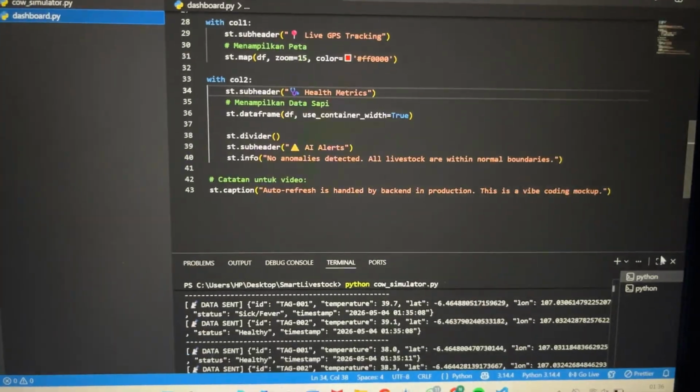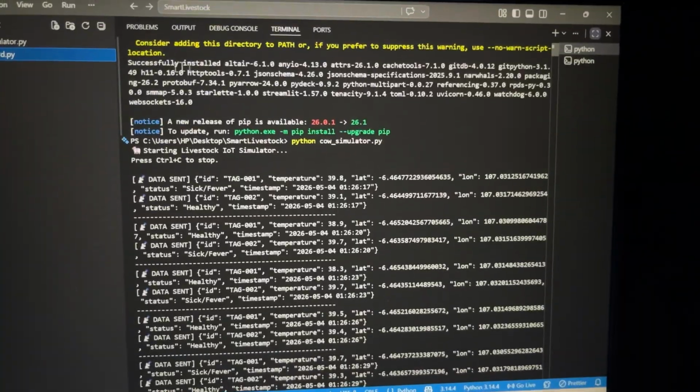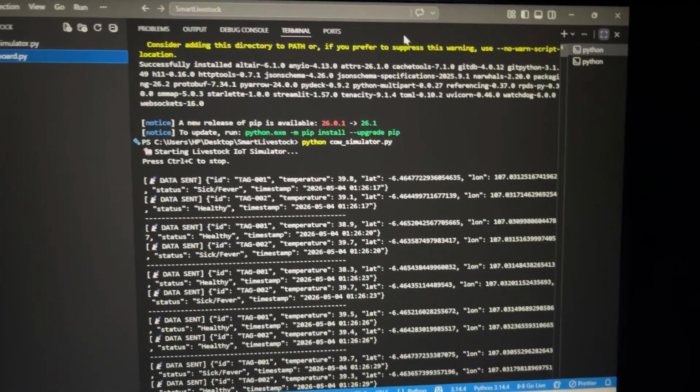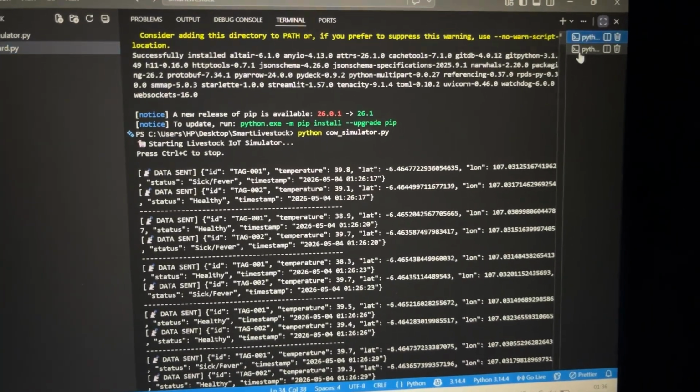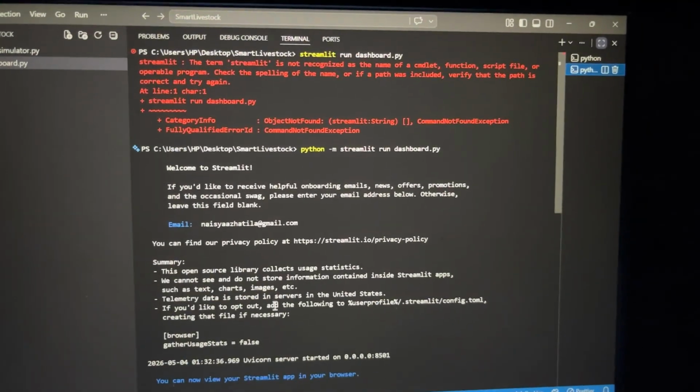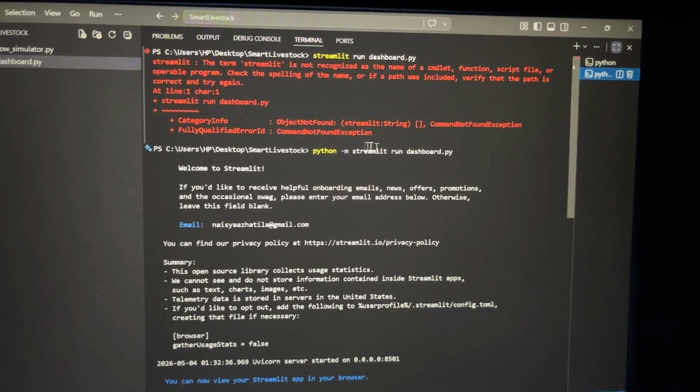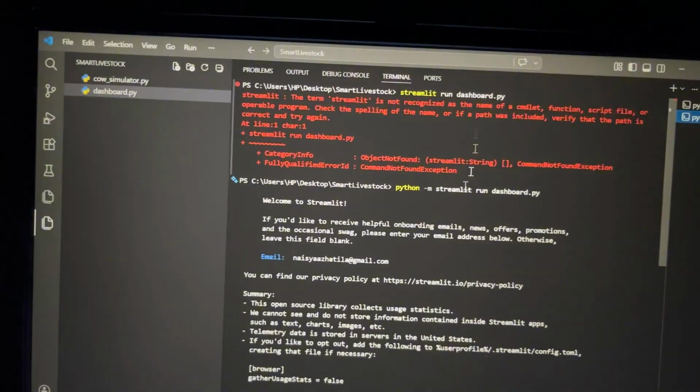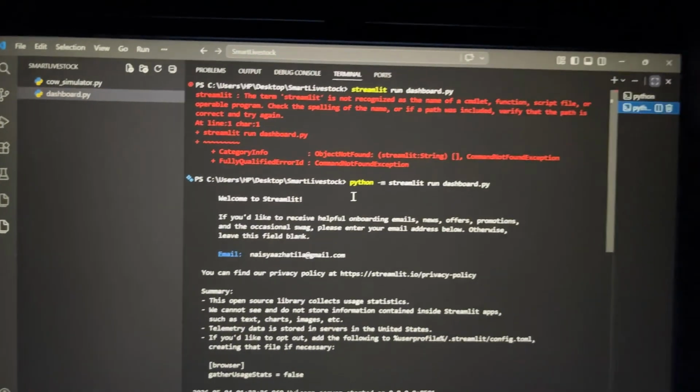We define a function called generate_cow_data. We give our virtual cow an ID and a base GPS location to make it realistic. We use Python's random module to slightly shift the latitude and longitude over time. This simulates the cow walking around the farm.